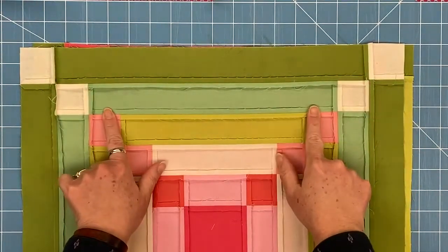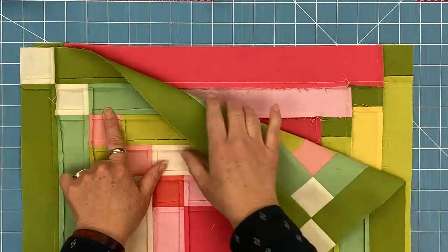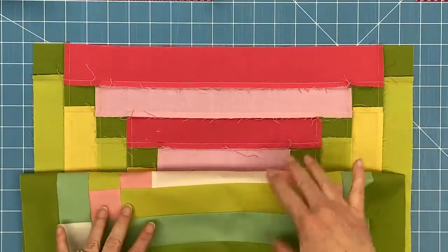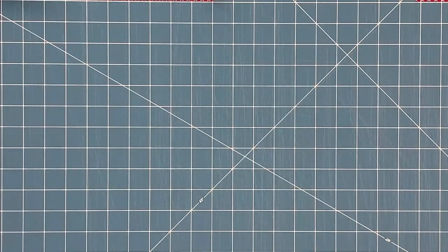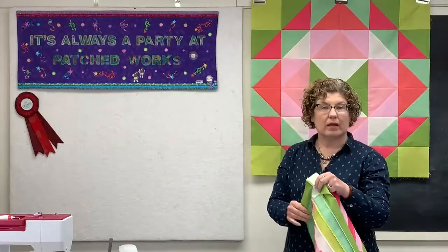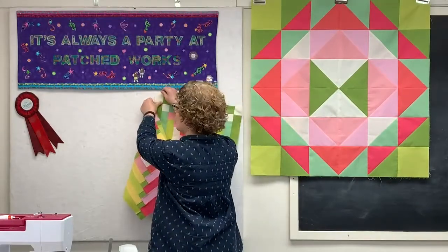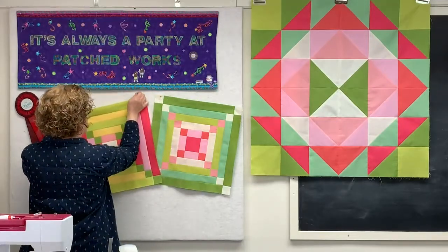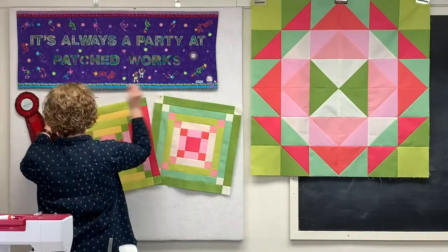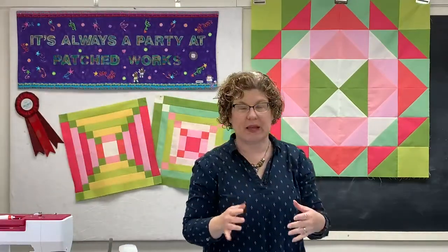Okay, so with however I prepared and stitched, maybe it was a thread off, I ended up with a slightly smaller block. Rather than just fixing it, I wanted to make sure to show you what I did so that we can improve upon it and learn from it. Now, because of where this is being placed, it's actually not that big of a deal, and we'll talk about it later. But if it were inside the quilt and needed to hook up to something else, it would